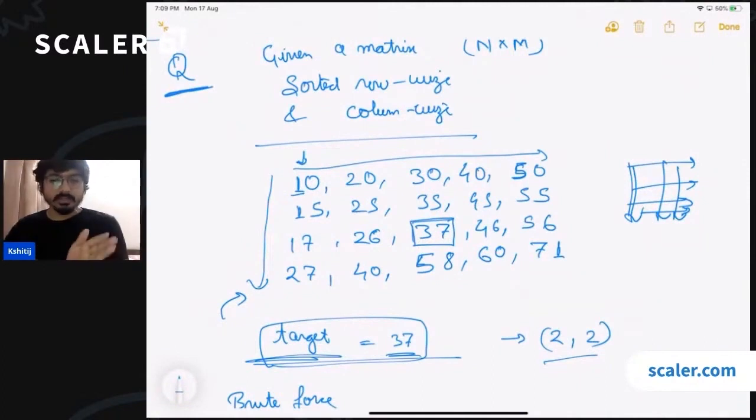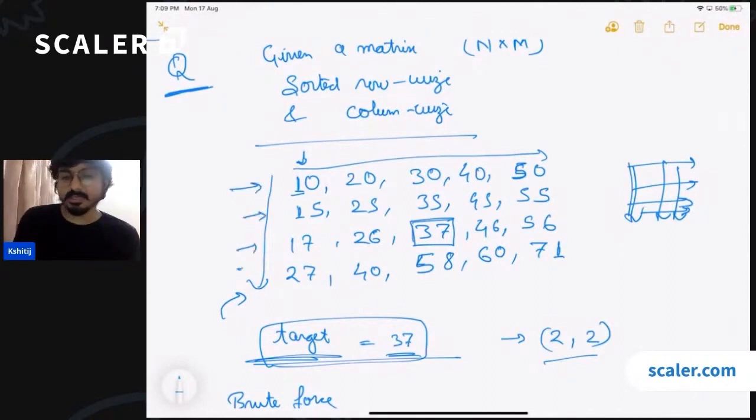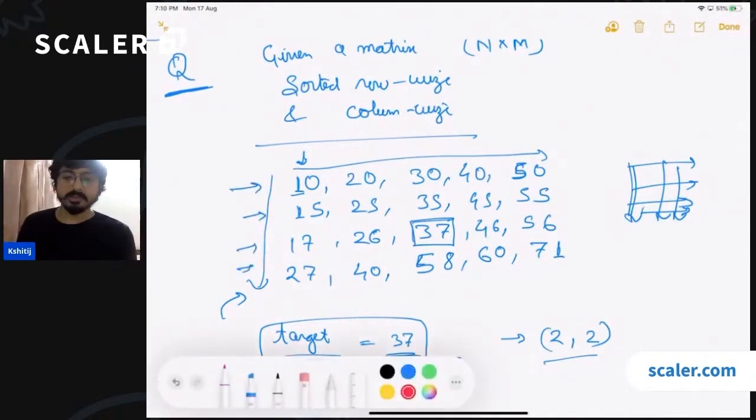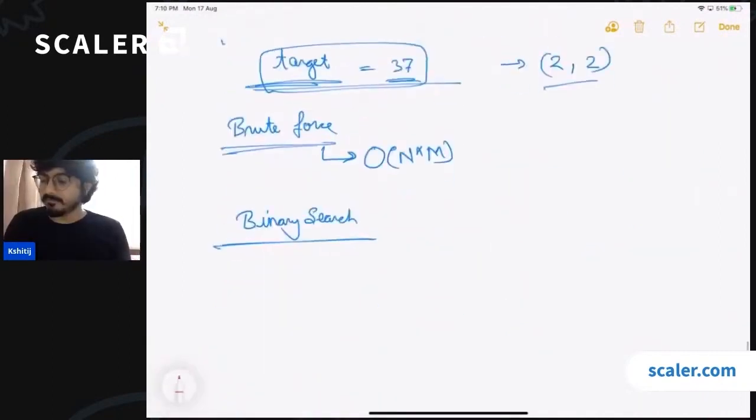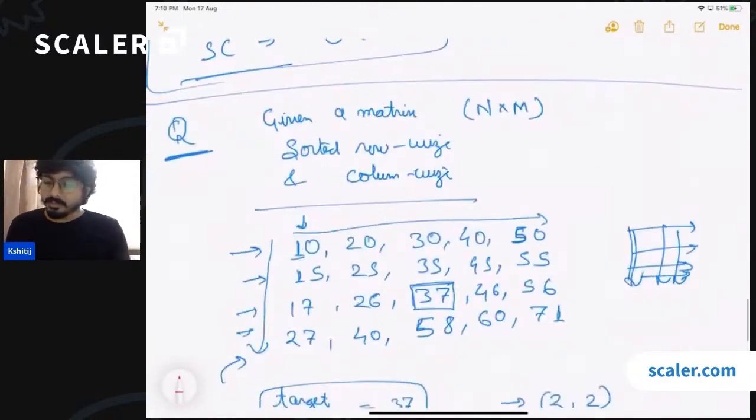Okay, if all the rows are sorted and you have to search an element in sorted rows, can you use the fact that the rows are sorted? Yes. So in each and every row, you can apply binary search, right? What is the time complexity of doing binary search on an array of size n? If you are running binary search on an array of size n, the time complexity is log n, right? And if you are doing binary search in all the rows,